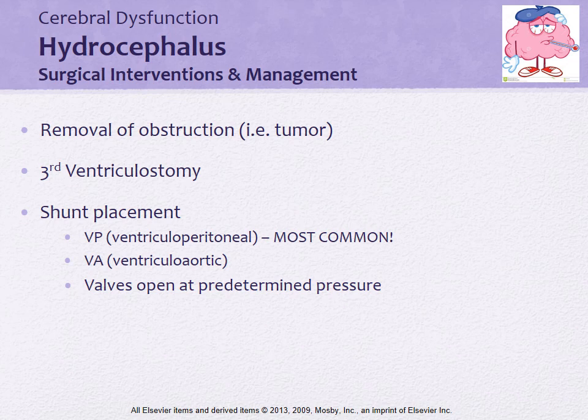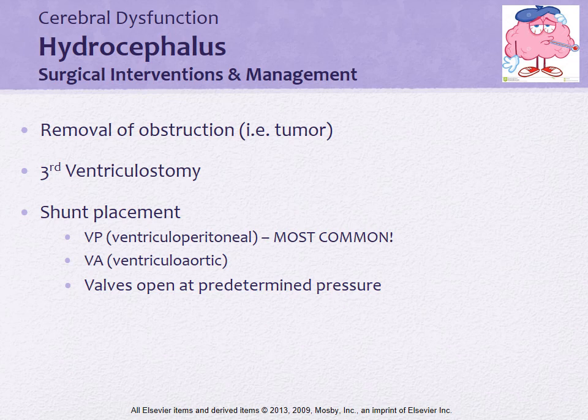All right, so it's going to actually bypass the fourth ventricle and drain into that compartment under the third ventricle. So if there's an obstruction between the third and fourth ventricle, they may do a third ventriculostomy, especially if they can't remove the obstruction, and that will allow the CSF to go from the third ventricle back into the flow of CSF, so it never goes to the fourth ventricle. And then lastly, you may see shunt placement, which we kind of touched base on, but I'm going to show you some pictures in a second.